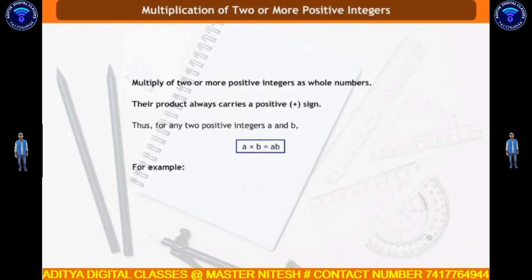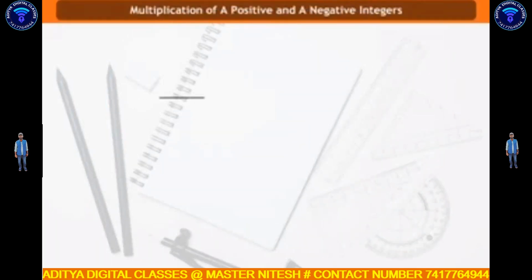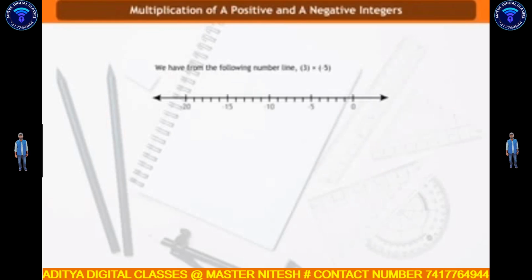For example, 5 into 5 is equal to 25, 7 into 8 into 10 is equal to 560, 9 into 12 into 4 is equal to 432, etc. Multiplication of a positive and a negative integer, that is 3 into minus 5, which is represented in number line